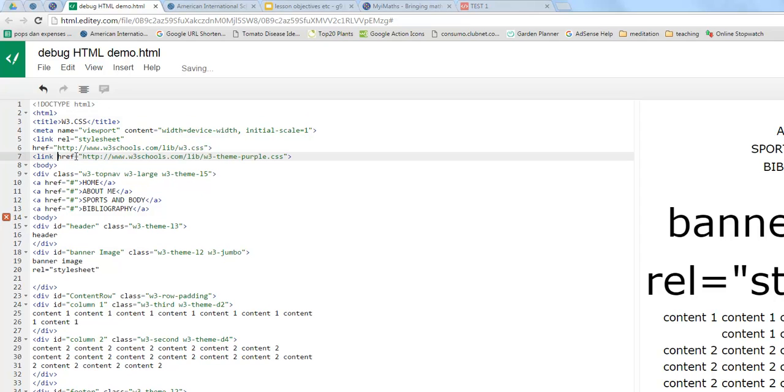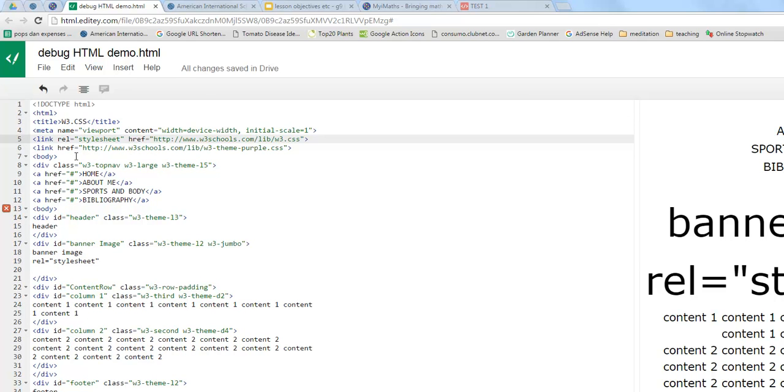Now, let's just have a look, see if we can find any errors here. Now, notice I just put that link on the same line there. So that was technically a bit of an error. Now, what else? We've got the link to the style sheet. Maybe we should try and bring that up onto the same line as well. Okay, now this is all fine, this is great, but as soon as we get into the body, we need